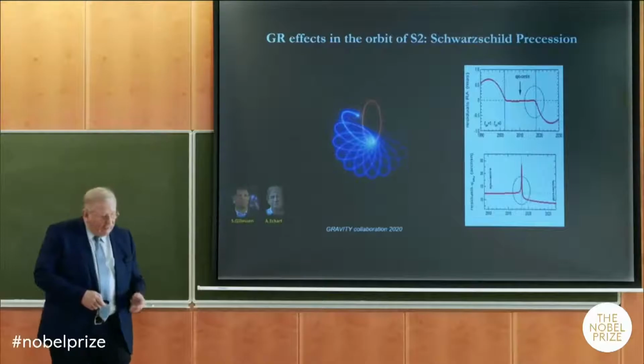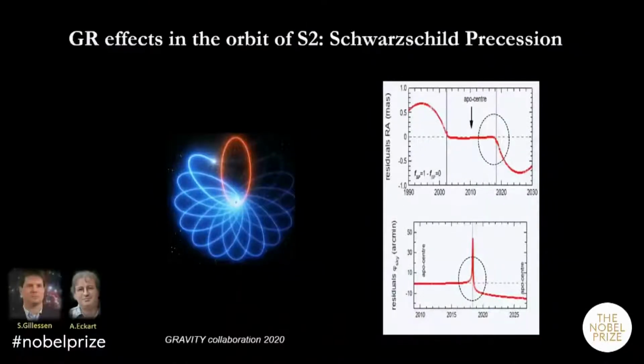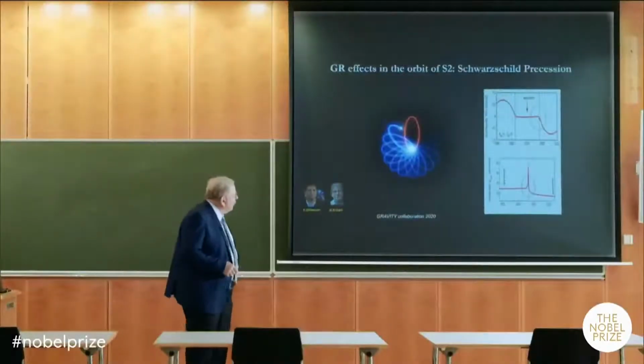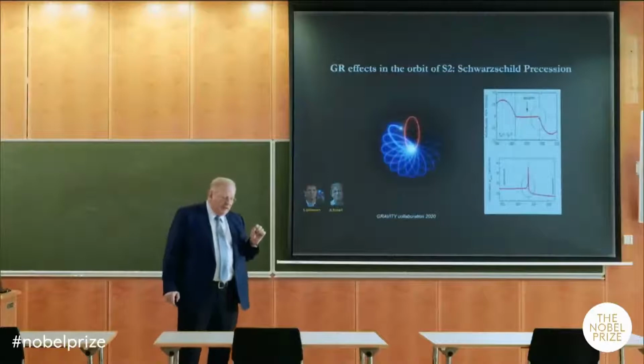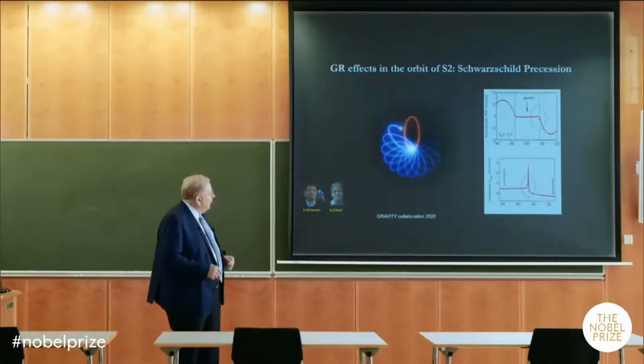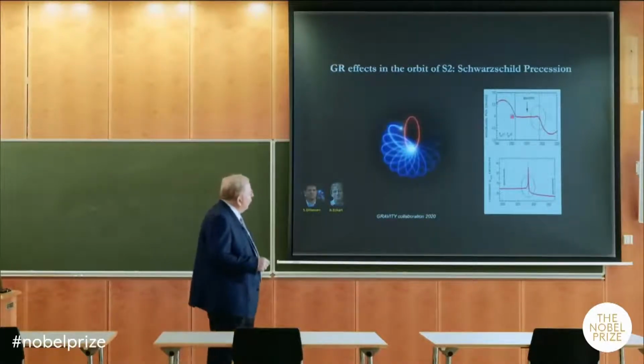The next effect expected is the fact that while in Newton's theory, a planet orbiting the sun on an orbit would hold its position in the plane if there's no other object nearby. But in general relativity, that's not the case. There is a precession of the orbit, which depends on the distance the star comes to the object and the mass. And so for the star S2, relative to a Newton orbit,